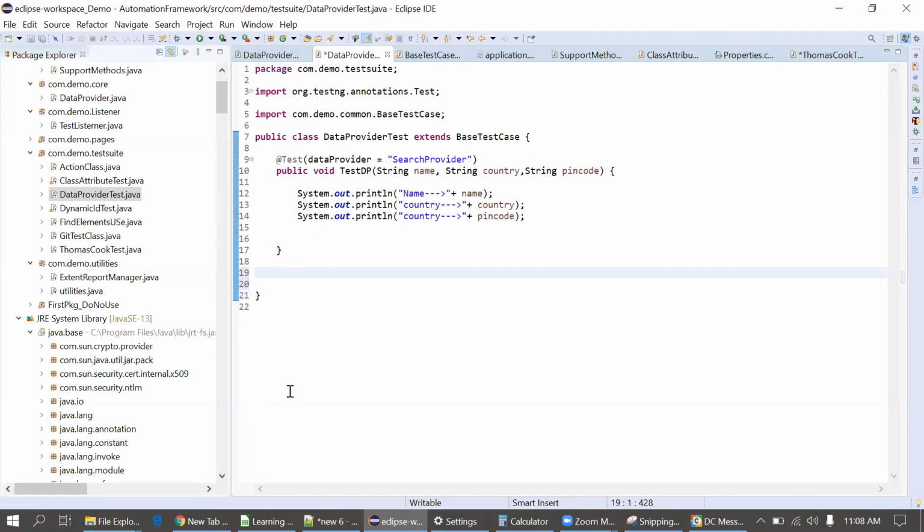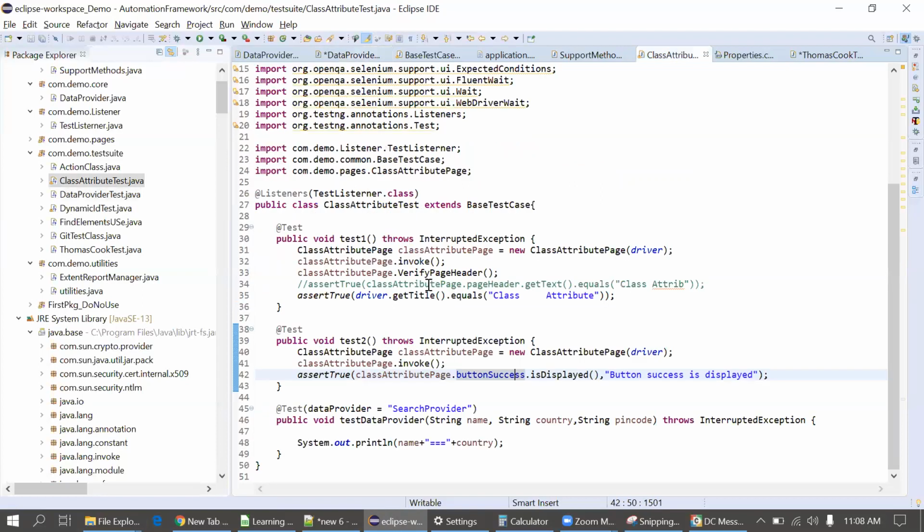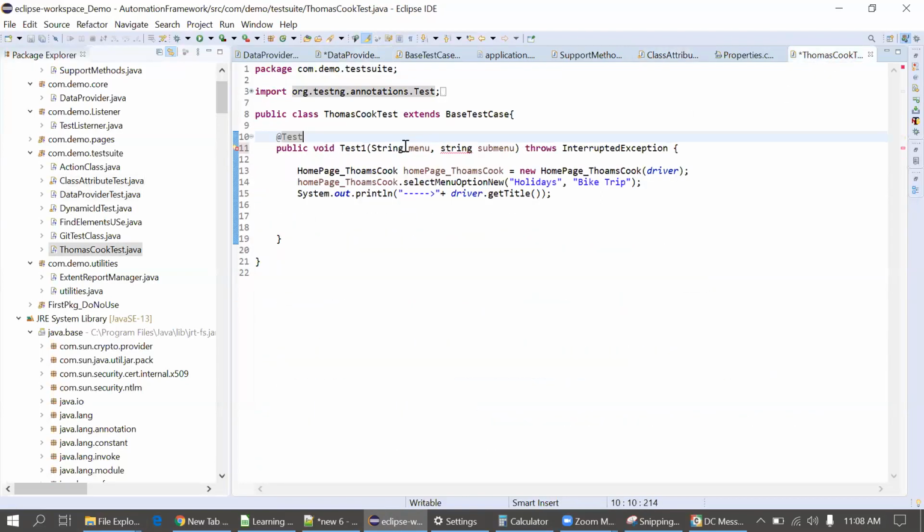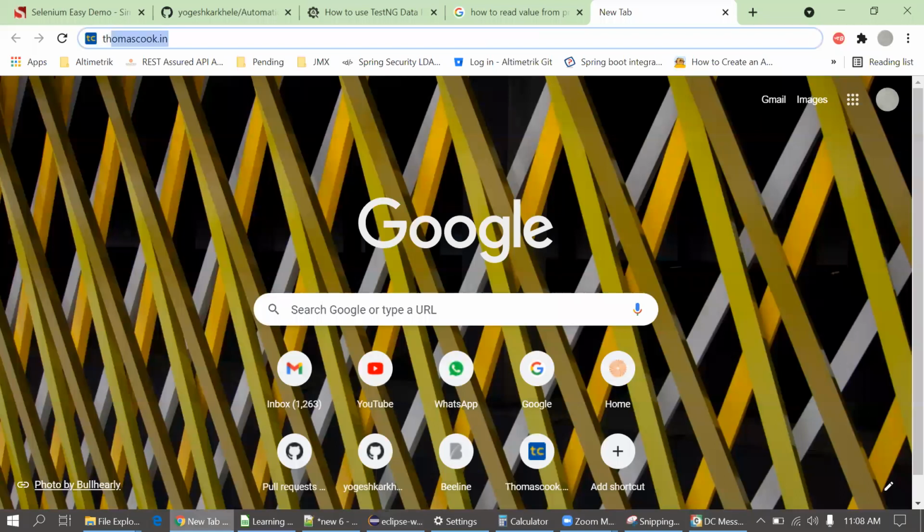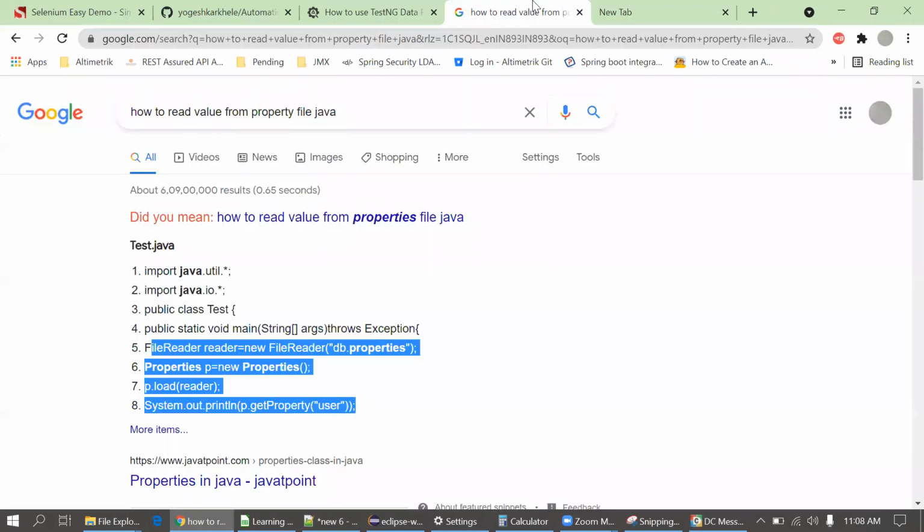Okay, got it. I want to remove unnecessary code. Okay, fine. And one more, that mouse actions. Mouse action, mouse over, yeah, right? You're talking about mouse actions. Let me check that site.